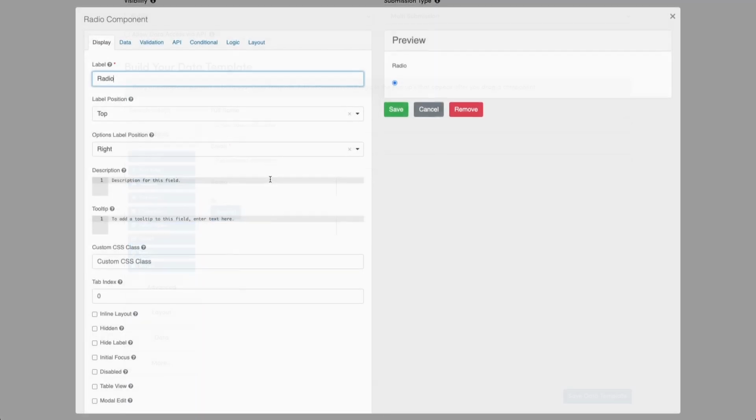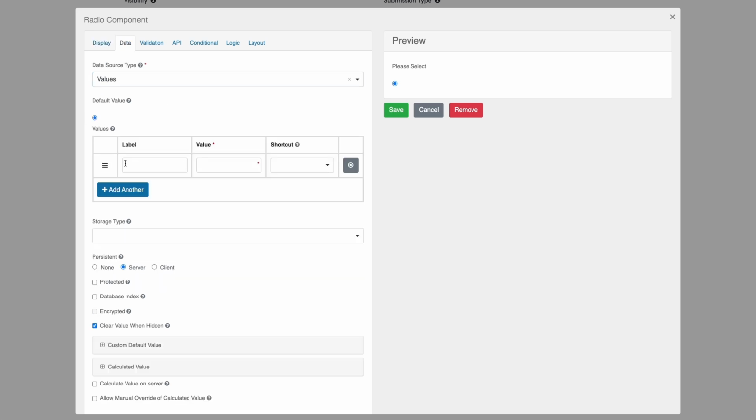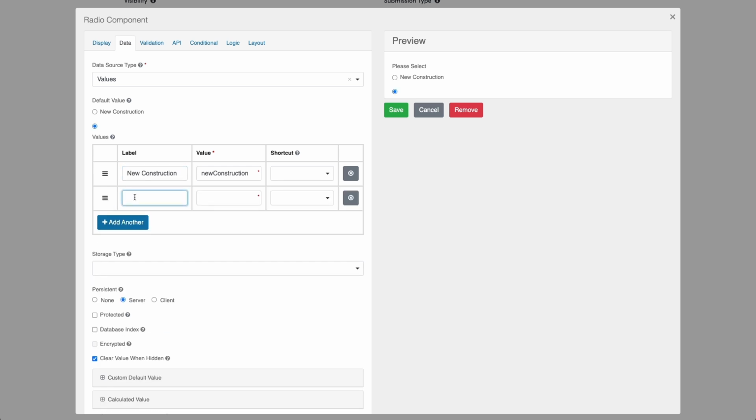and drag it down here. And for this, I want to say please select. And then I'm going to give it some options in a second. So if I click on the data tab here, I can put in my options. So the label is new construction, and then I'm going to add another,